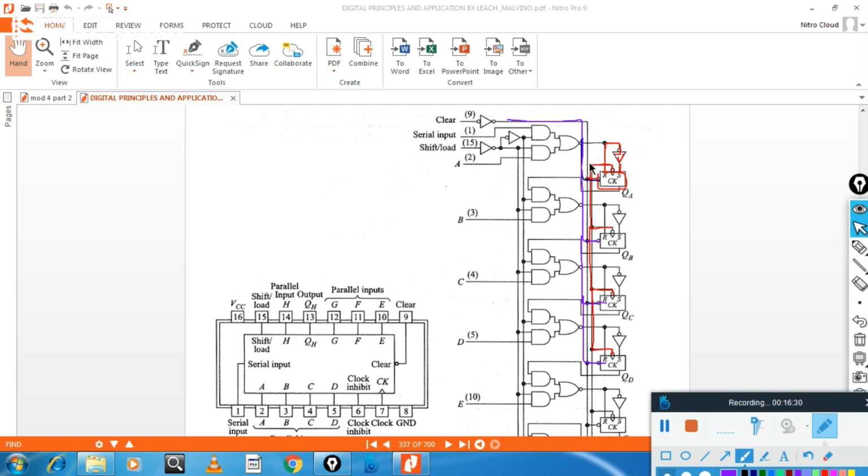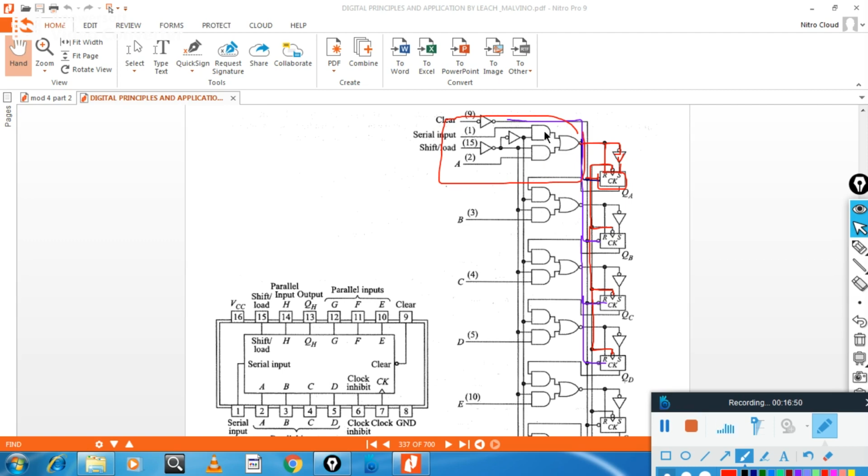After this, you see here, this one is connected to our NOR gate. The NOR gate has a structure like this. What is this structure?